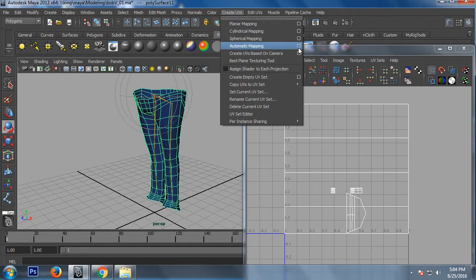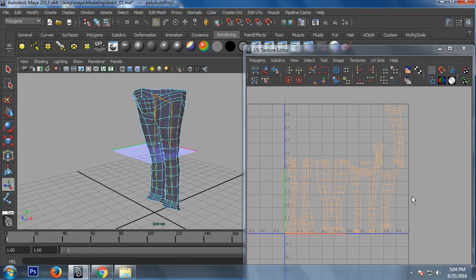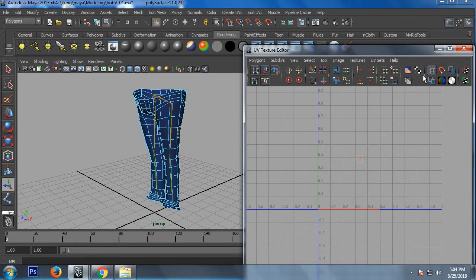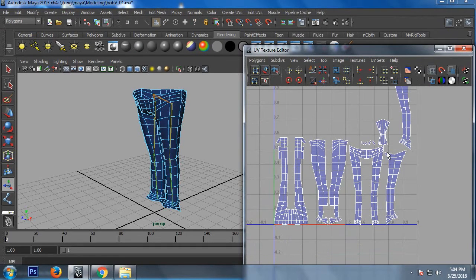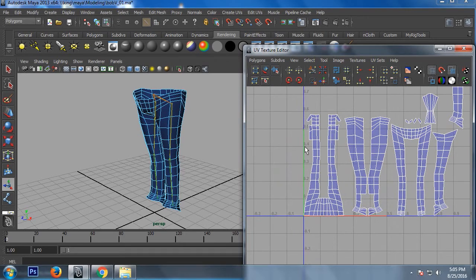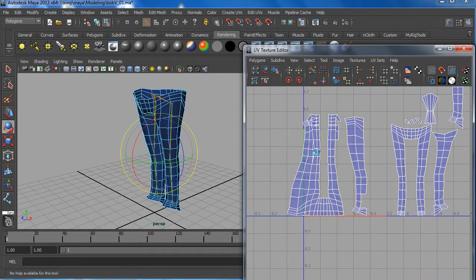I'm applying simple automatic mapping, and you could see the model has been opened with UVs, and every time I do certain changes in it,